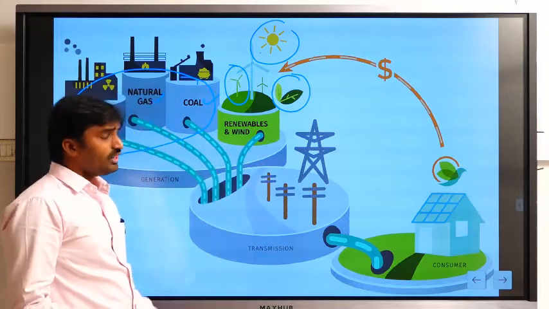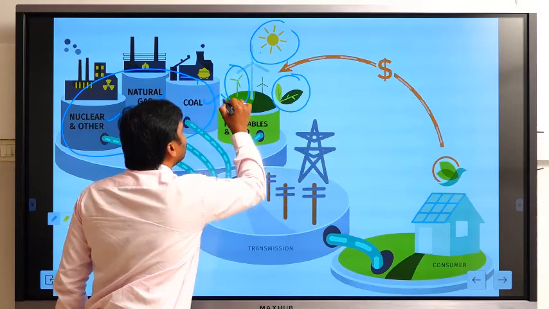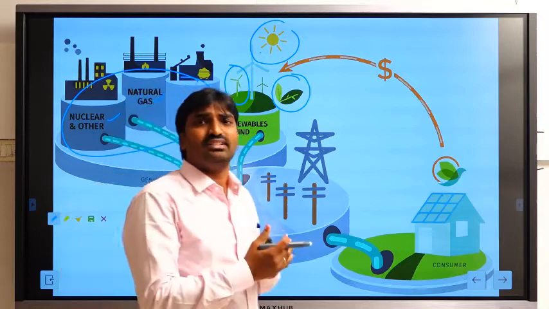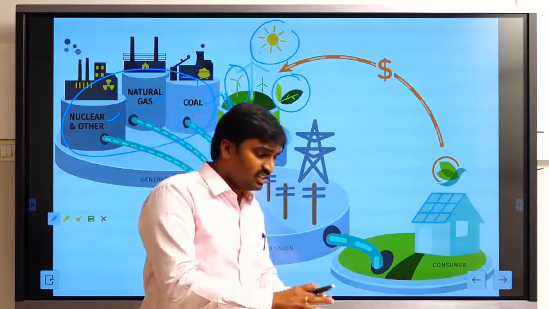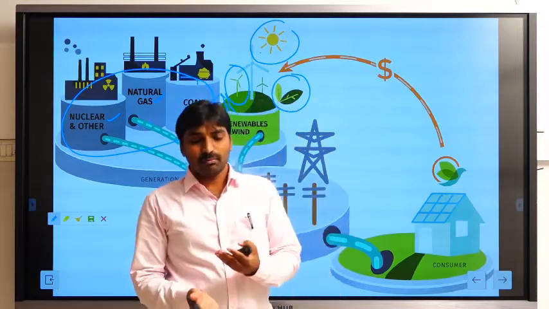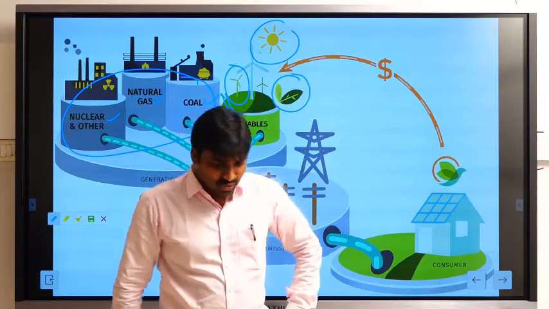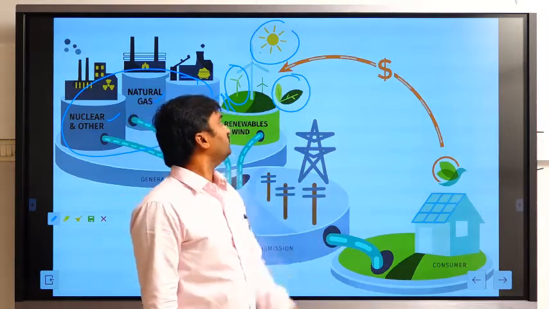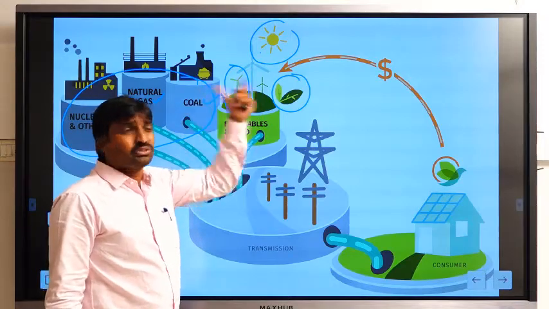And we can also extract energy in another form, that is geothermal energy. For example, this is the earth. In the earth also we have some amount of temperature. We need to extract that heat. Generally, under the surface of the earth at high temperature, we have water content. If the temperature increases, the water is automatically converted into steam. So we can utilize the heat energy of the steam and run the power plant. These are generally known as the renewable energy sources.